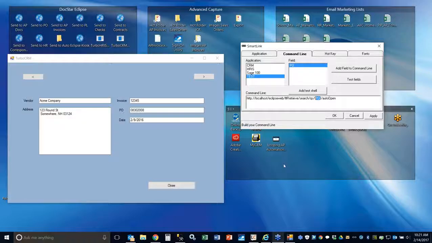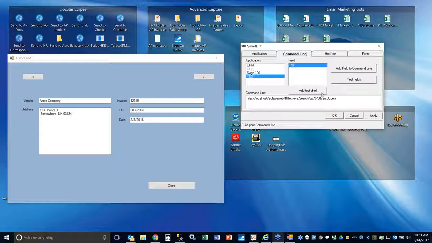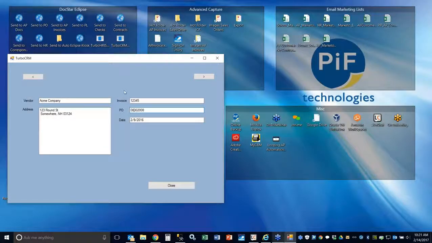So it's going to call when I click this hotkey. Let's just use Shift F9. Finding a good key that somebody will remember. Basically, when I hit Shift F9, it's going to automatically grab this PO value and pop up all matching documents. In this particular case, it's also going to auto-open all the available documents. Whether you want just a results grid of all the available documents it finds, or you want it to auto-open, that's just a parameter that you can apply. So I'm going to apply that. And now, when I hit Shift F9,